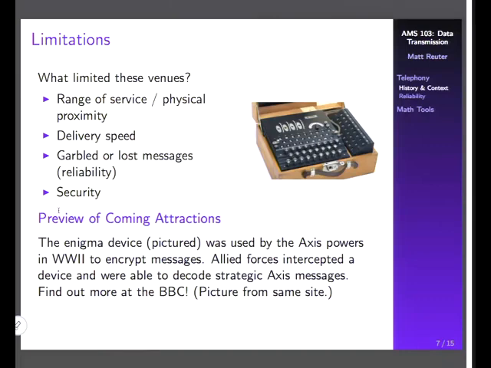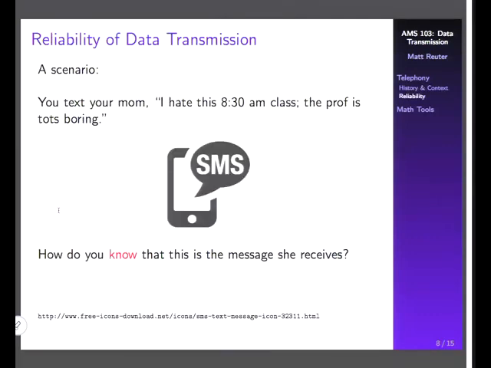Go ahead. And the only reason they were ever able to figure out what it did was because they managed to get the German army to send them the same message twice, and because the letter could never represent itself. Right. And so there were other things once they had the device that allowed them to decrypt it without the Germans knowing. Anyway, so one of the main themes of the unit that we're going to discuss now is dealing